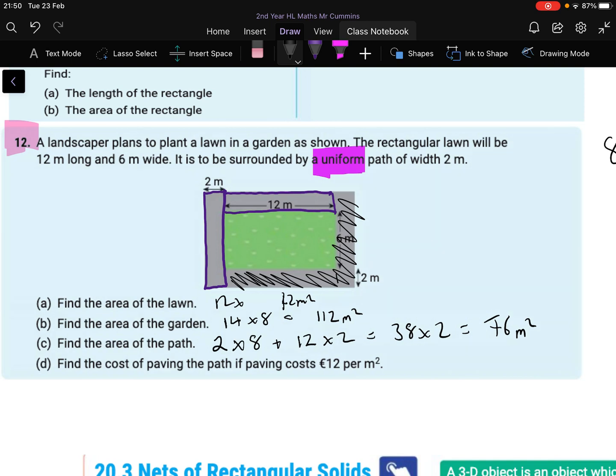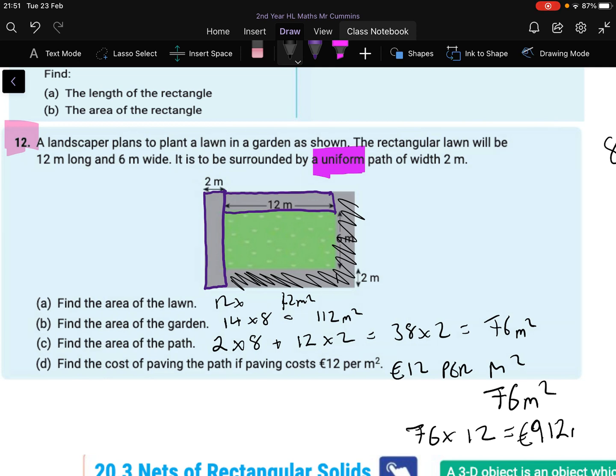If it's going to be 12 euro per meter squared, and we have 76 meters squared, we're going to have to do 76 multiplied by 12, which is equal to 912. What's the question? Cost. It's going to be 912 euro